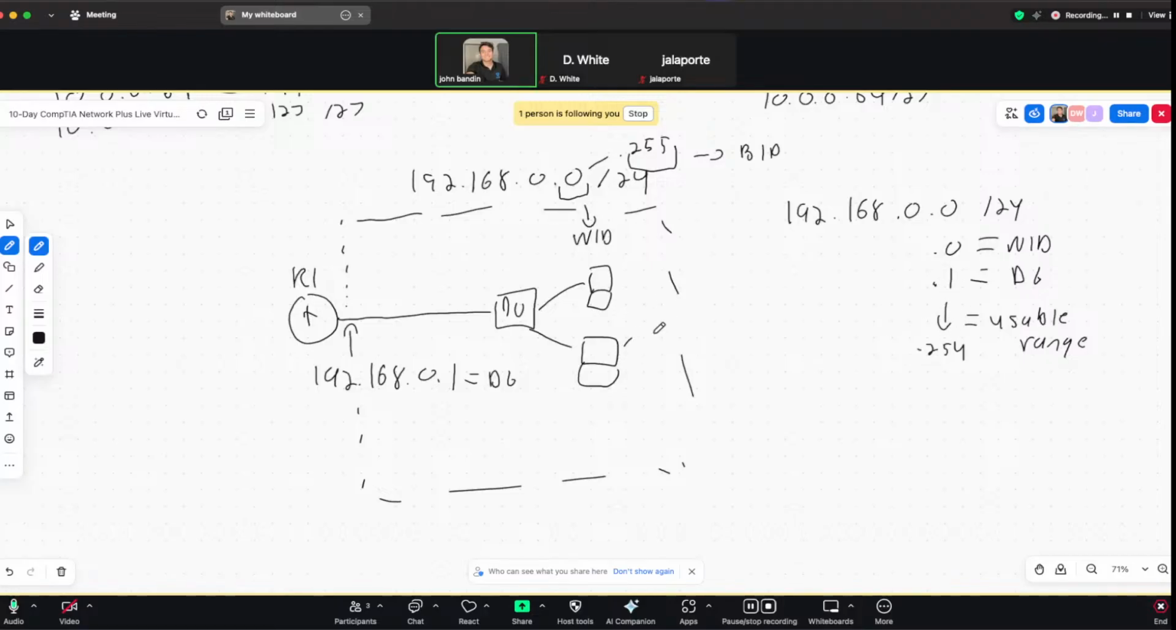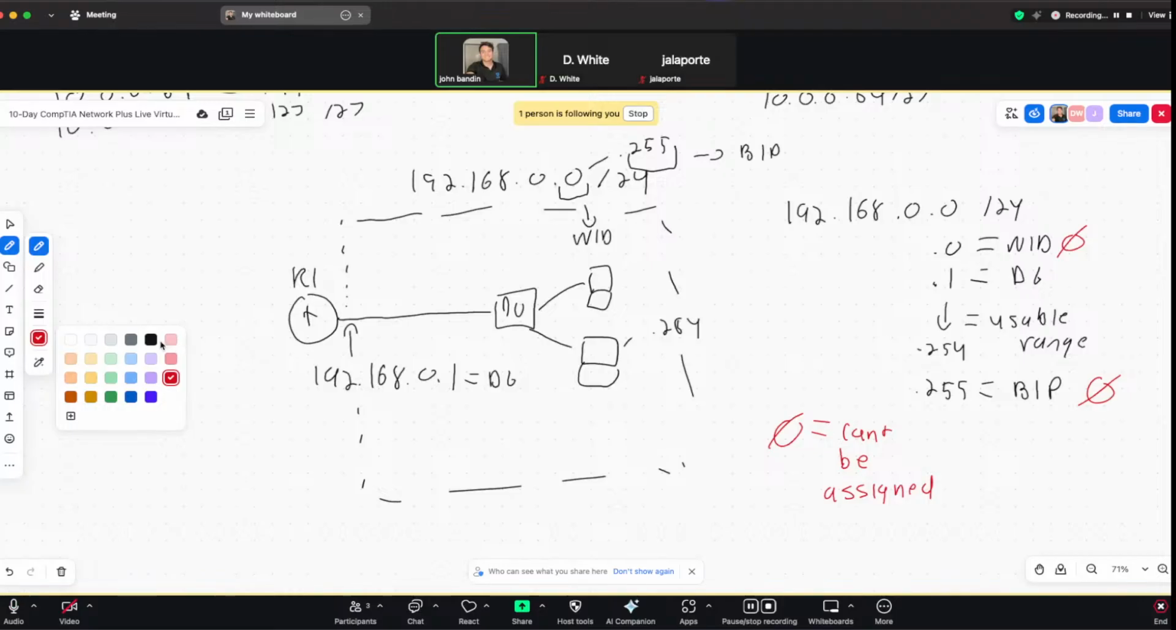So this computer could be .254, okay? And then .255 is your broadcast IP, which cannot be assigned. So I'm going to put little red things right here. So this equals can't be assigned. And that's for every single subnet. So if I were to do that over here, if I had a